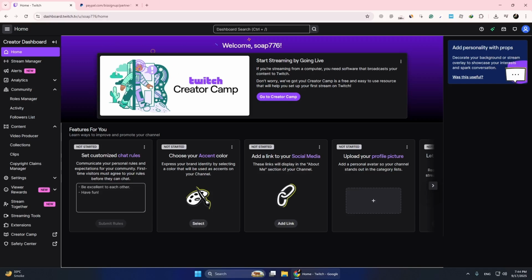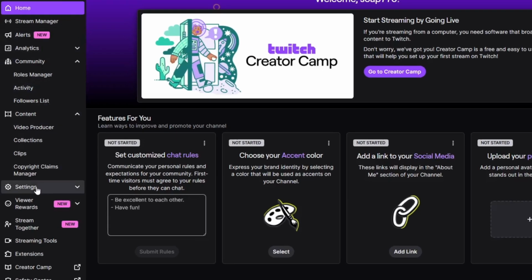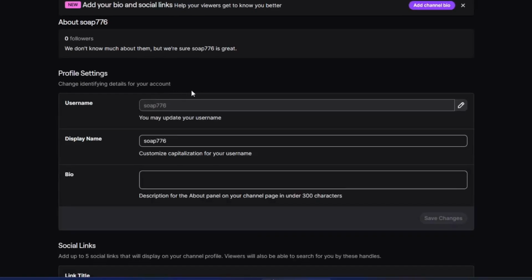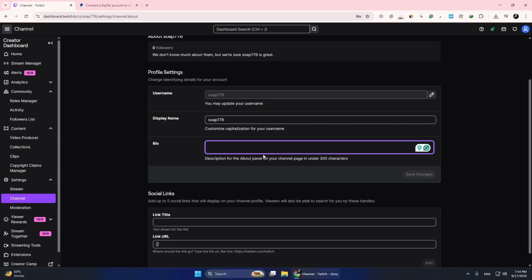Now, open Twitch and click your profile icon, then select Creator Dashboard. Go to Settings, then Channel. Here you can paste your donation link into your bio or add it as a panel. That's it. Your donation link is now live on your Twitch channel, and viewers can use it to support you